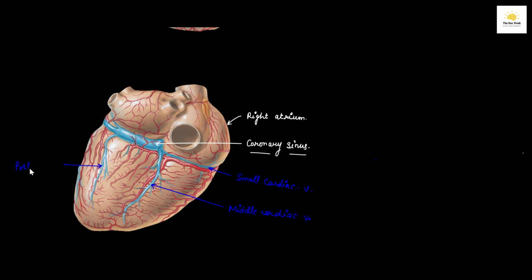This is the posterior vein of the left ventricle. It is formed of several veins on the posterior surface of the left ventricle near the apex of the heart. It falls into the coronary sinus or into the terminal part of the great cardiac vein. We can see over here that it falls either directly into the coronary sinus or into the terminal part of the great cardiac vein. This is the fourth one, which is known as the posterior vein of the left ventricle. Now you can remember and understand the topography very well.